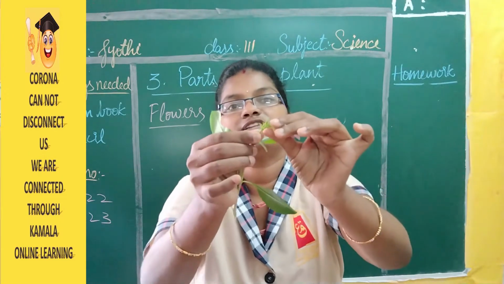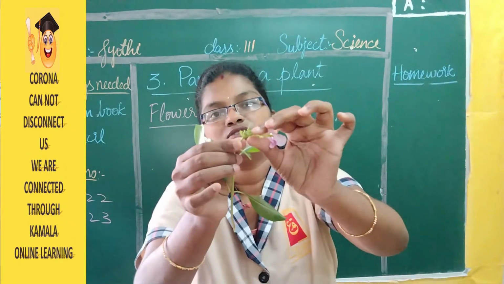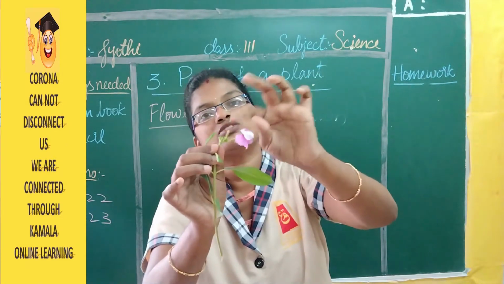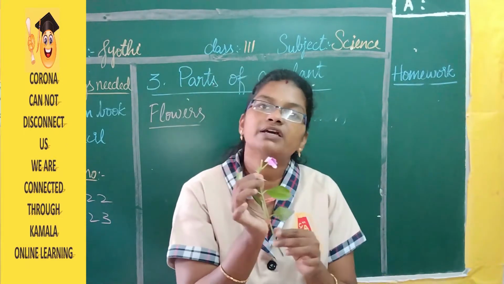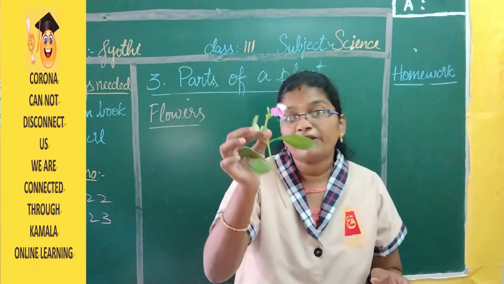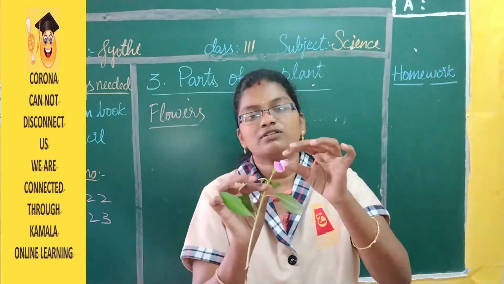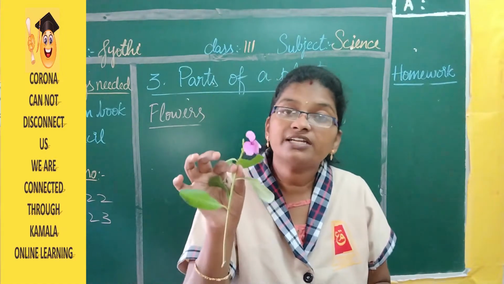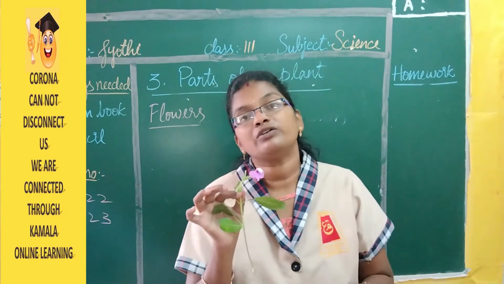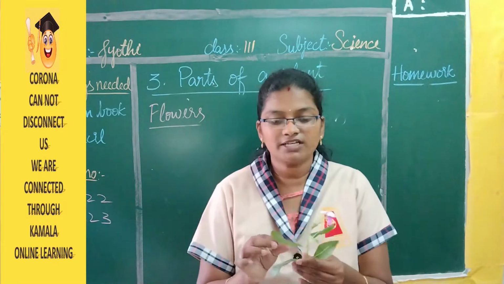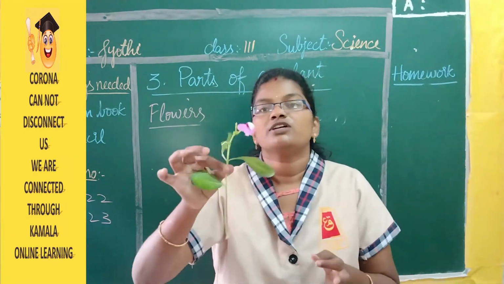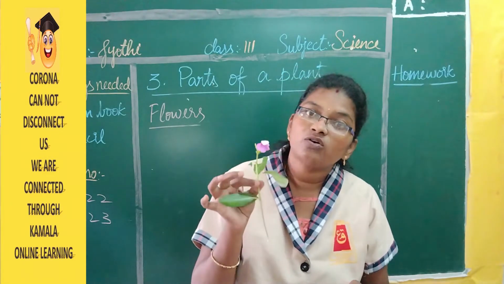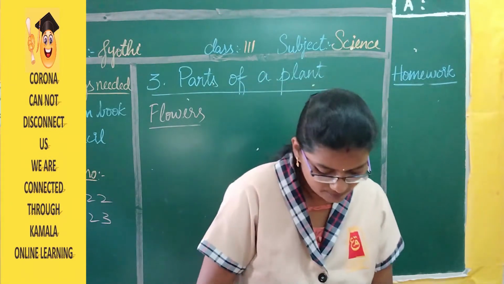Here you can see another small bud. Day by day they are going to grow. After 2 days it's going to become like this, a little bigger flower. Now in this plant also there are colors. You can see this is purple in color, you can see white and yellow also. I got this from a roadside plant. So this is purple in color. In this you can see white colored flowers and yellow colored flowers also.